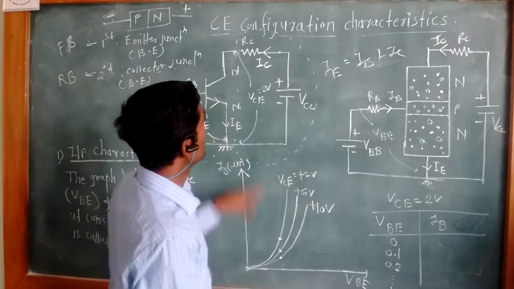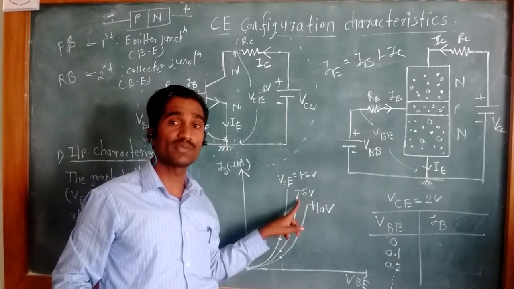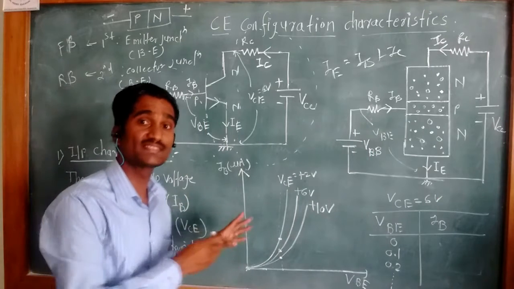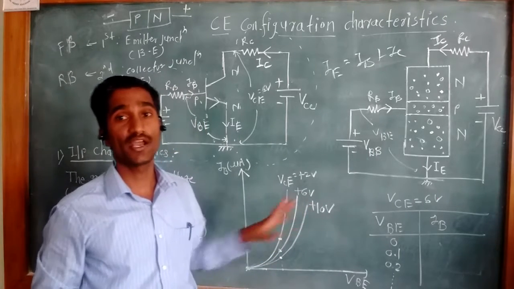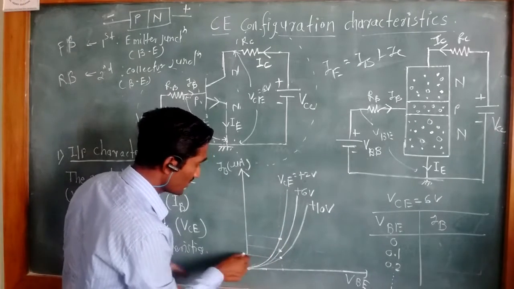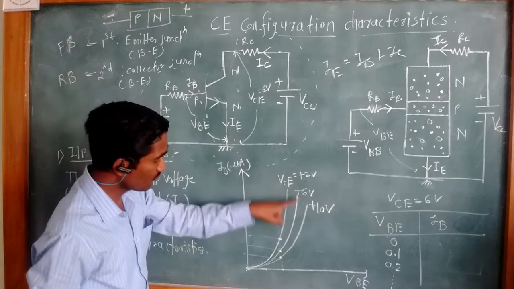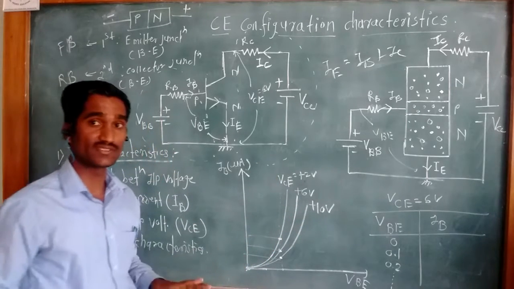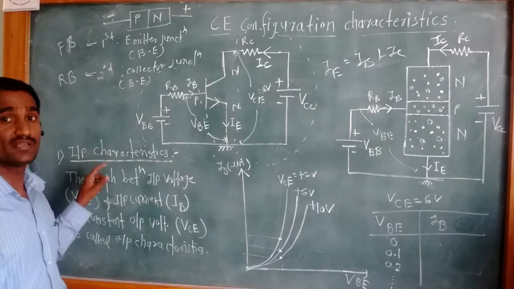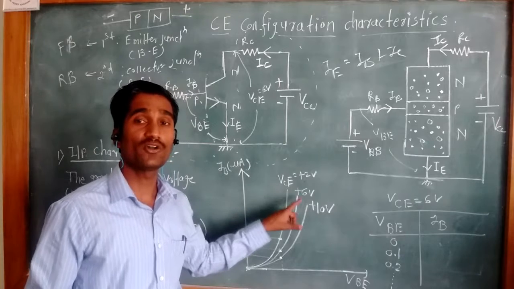Again, if you change the voltage, instead of 2 volt if you take 6 volt, we again get a second graph. We only changed this to 6 volt and we get this type of graph. The nature of the graph is the same as the forward bias characteristic of the diode. Only a slight difference occurs: as this voltage increases from 2 to 6 to 12, the value of IB decreases. That is the only effect we observe. So this is the input characteristic of the transistor, and this input characteristic of the transistor is nothing but the simple forward bias characteristic of the diode.